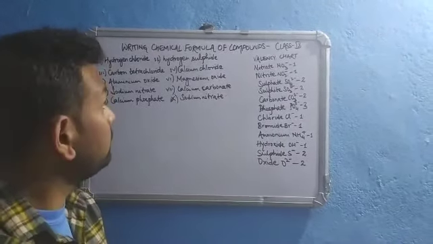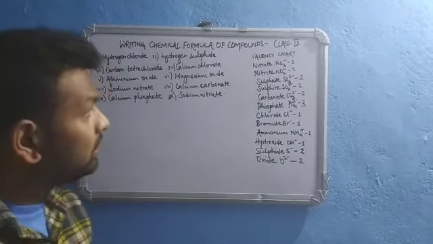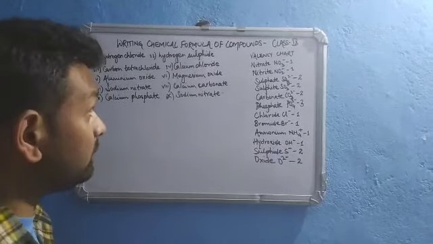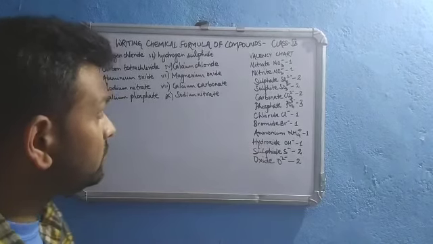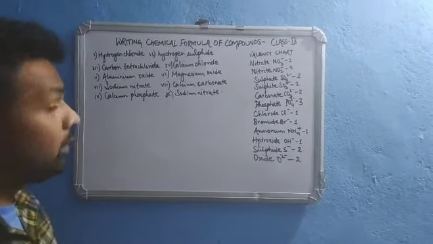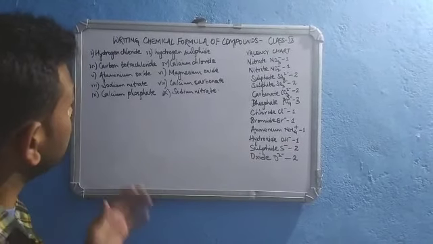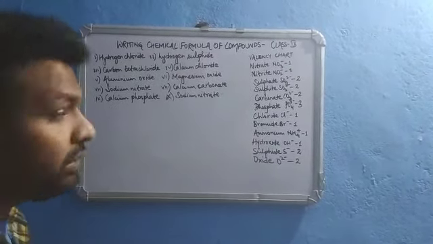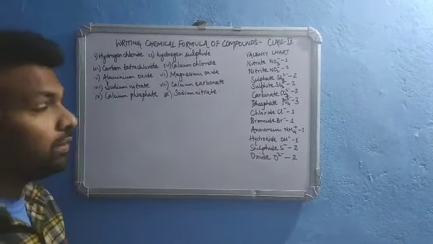So all these days we have been talking about valency and formation of ions. In the meantime, we have also learned how to know the valencies by writing their electronic configurations, isn't it? So today we are going to a topic which is actually useful from your examination point of view. Here we will be discussing the formation of chemical compounds, and we'll understand how to write the formulae of the different compounds.